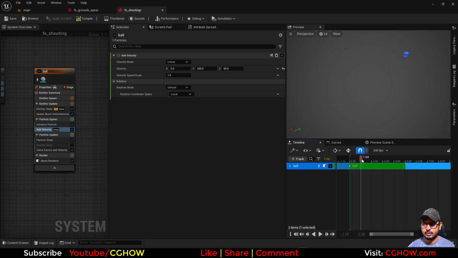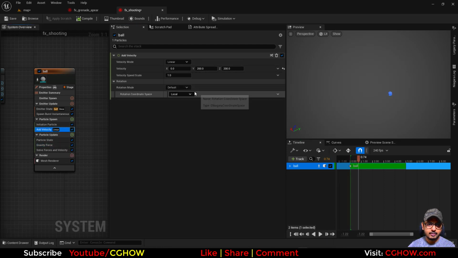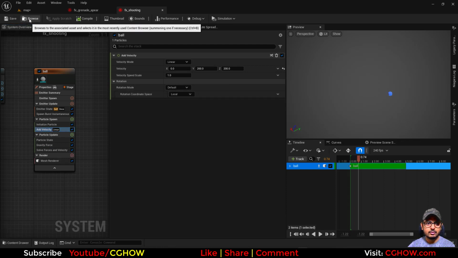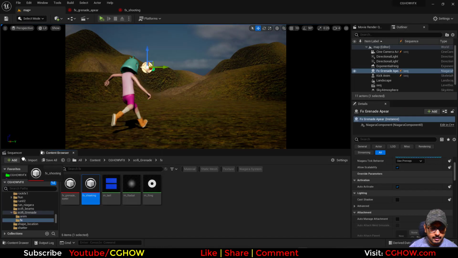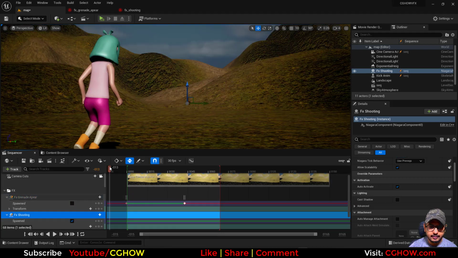So it's shooting there, and then we can use the gravity. So it will be like this. Okay, and the gravity is world, and the velocity is local. So keep that in mind. And let's drag it to the sequencer,